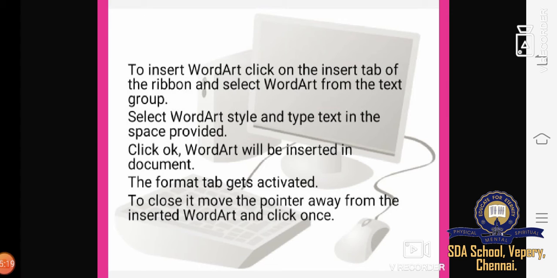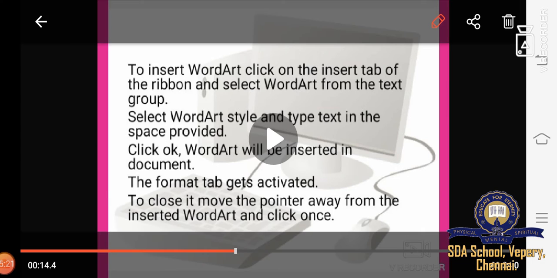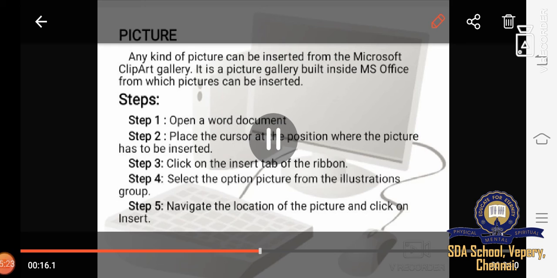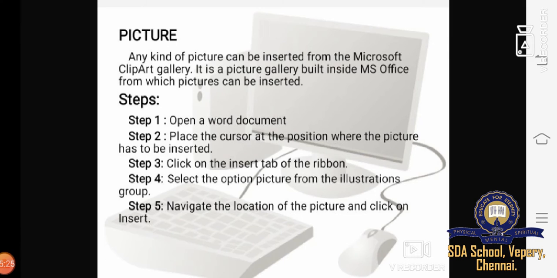Then we are going to study pictures. Any graphics accompanying the text make the document look more interesting. It appears more interesting and attractive.